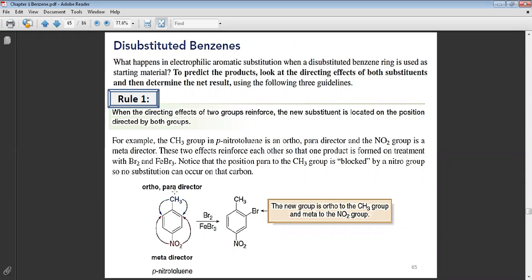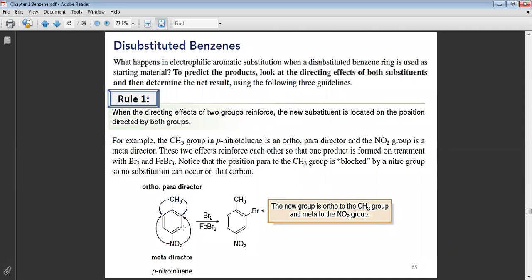Ortho, para. Ortho is open and para is blocked. The same thing on this side: ortho is open and para is blocked. Okay, now for the NO2 group, ortho, para, or meta? Meta is open. Now, if I make halogenation, the halogenation BR, it will go to here, to the up